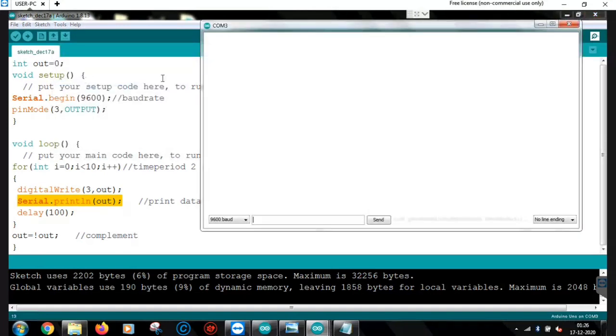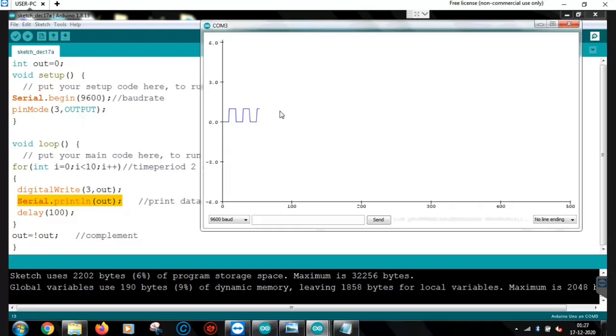Okay, so here, as you can see, we are getting a square wave. Okay, so from the code we know that the on time or the time for which the output is 1 is 1000 milliseconds or 1 second, and similarly the off time or the time for which the output is 0 is also 1 second.